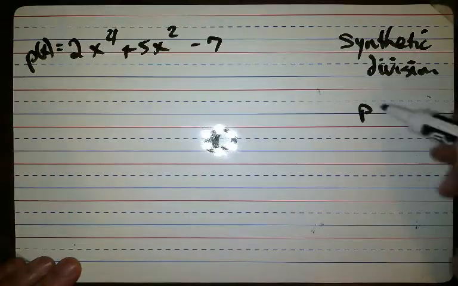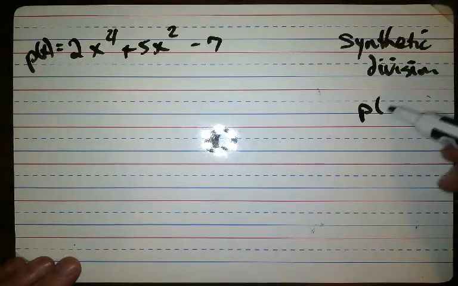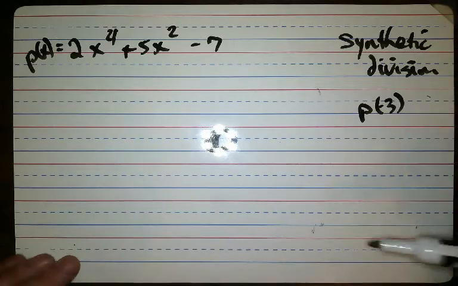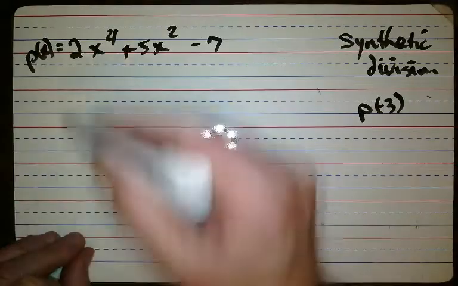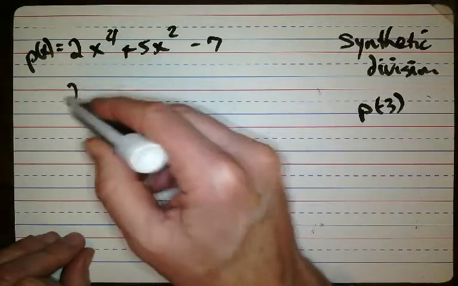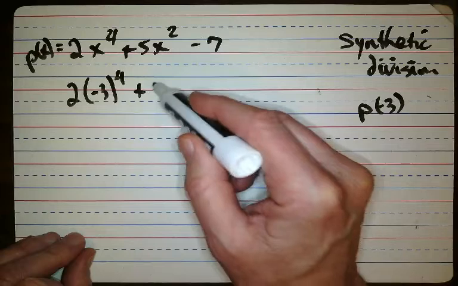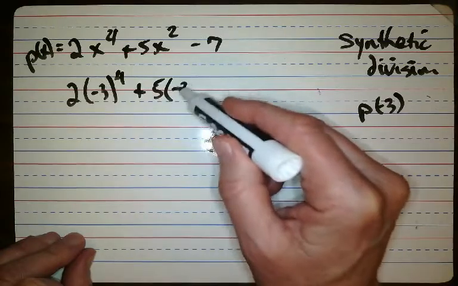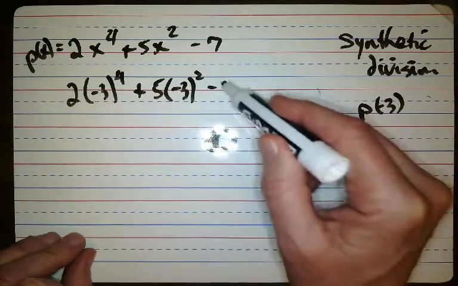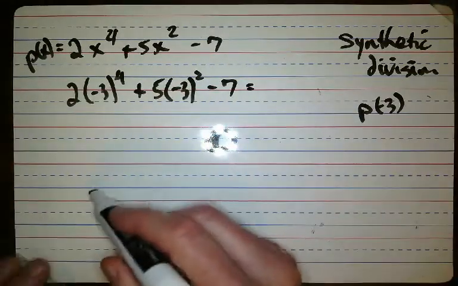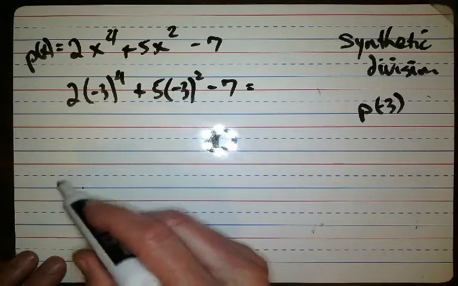Alright, so we can plug any value we want in there, doesn't matter. Let's do a negative just because we can, right? So 2 times negative 3 to the 4th plus 5 times negative 3 squared minus 7. Or we could do this, negative 3,